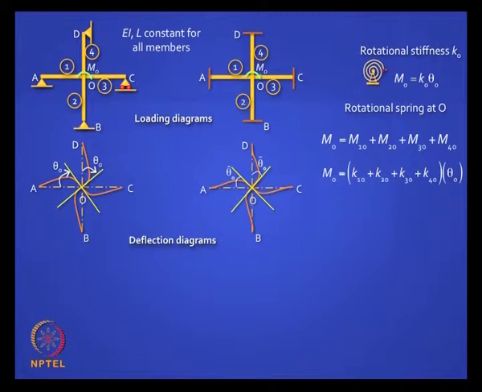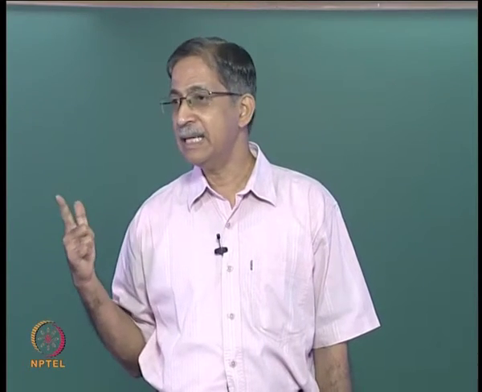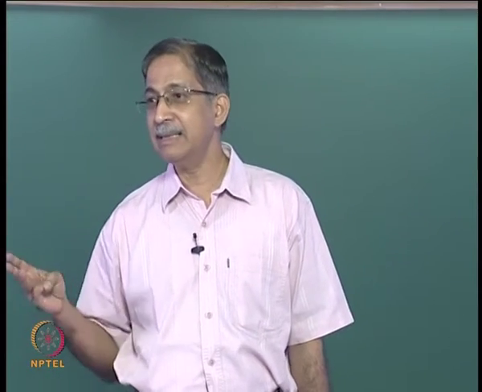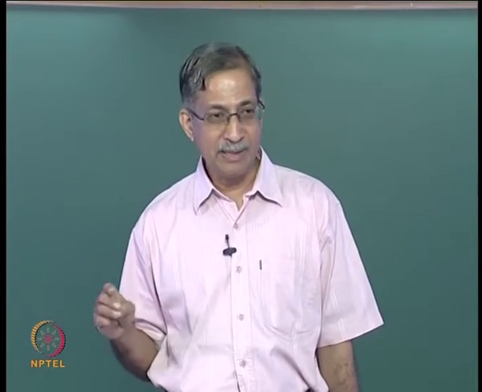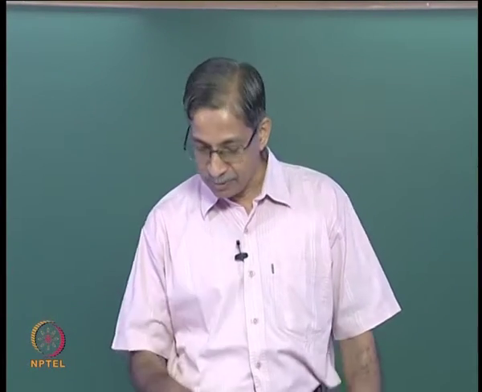So we said in structural analysis you should be sensitive to 3 things. One is equilibrium of forces and moments. Second is compatibility. Compatibility is what made you say that theta naught is common for all the 4 members. And the third thing is the force displacement relationship, which is where K naught comes into play. Is it clear? So we are invoking all 3.